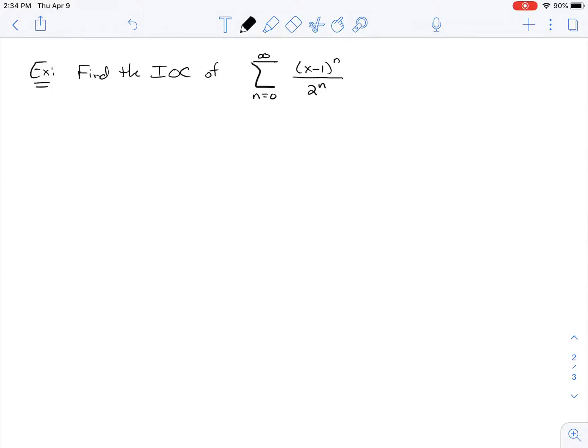Let's find the interval of convergence of this particular series. So we start by using the ratio test. a sub n plus 1 is going to be (x minus 1) to the n plus 1 over 2 to the n plus 1. So we take the limit as n goes to infinity of a sub n plus 1 times the reciprocal of a sub n,